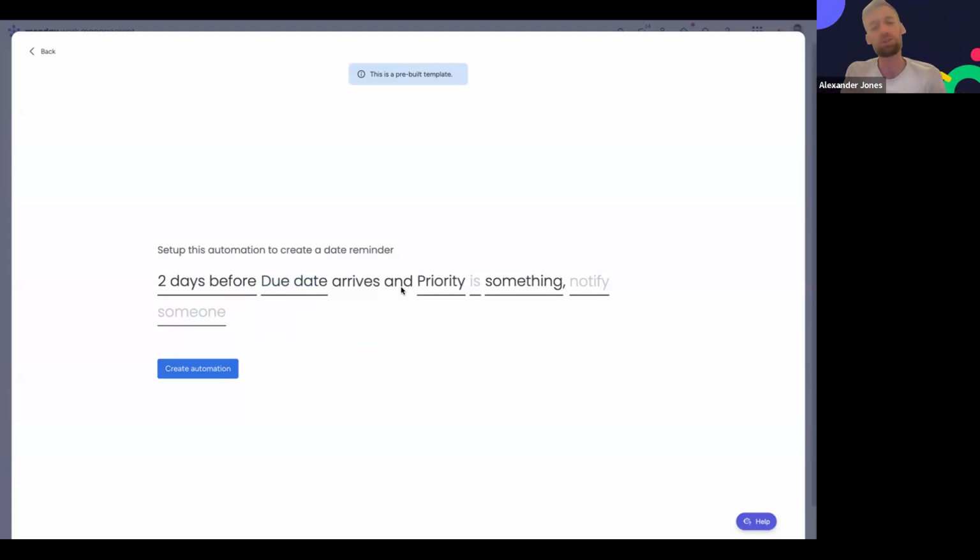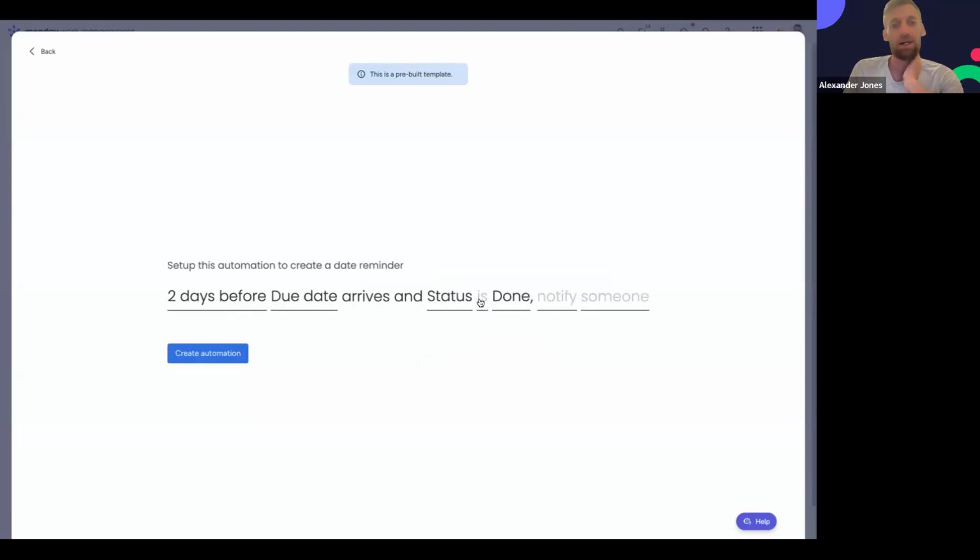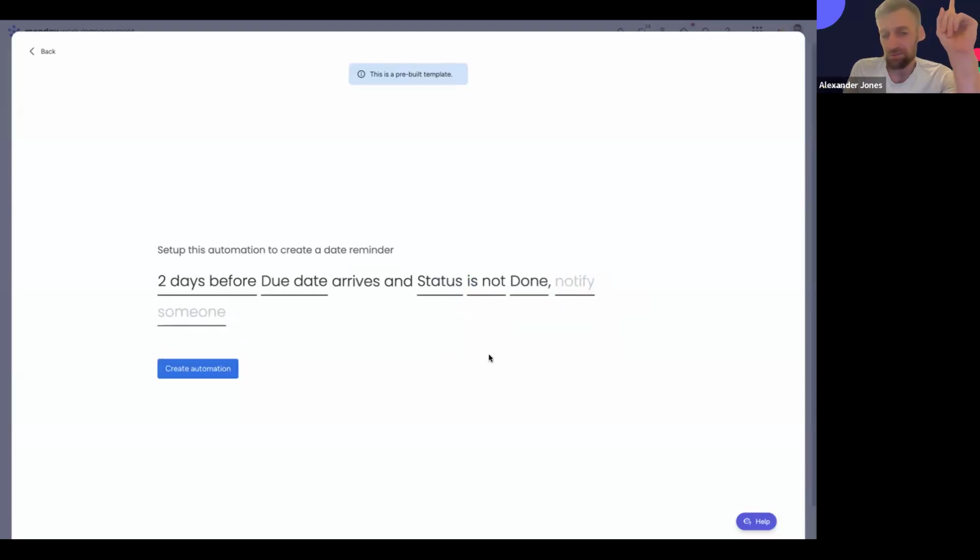And now we get the option to add what's called a condition. Rather than it being relevant for every single item on this board, we can add a little bit more detail. Now it's suggesting and priority is something, but actually I think a logical option here might be and status is not done. Because the last thing we want to do is be working hard, marking off tasks as done,